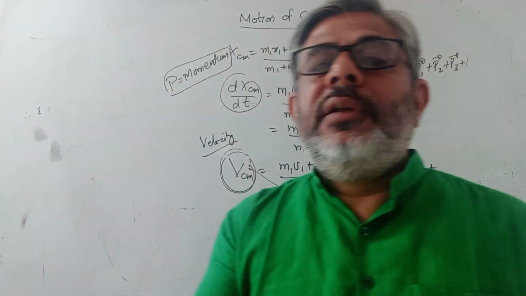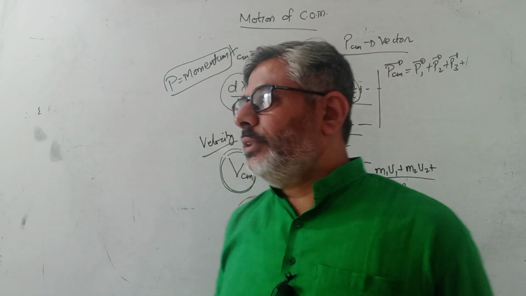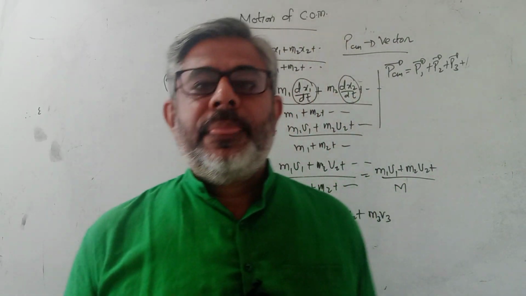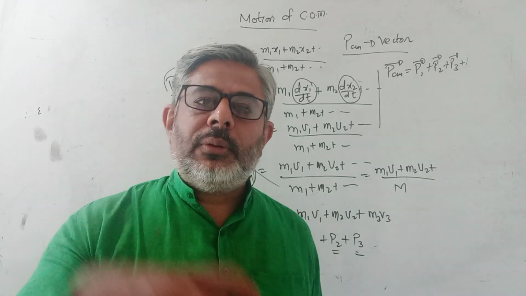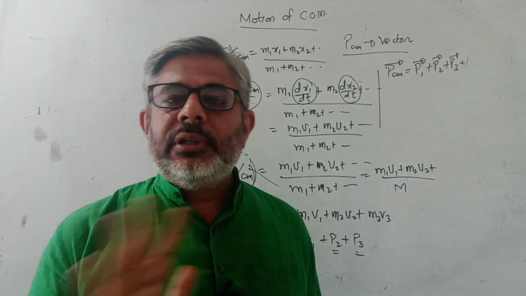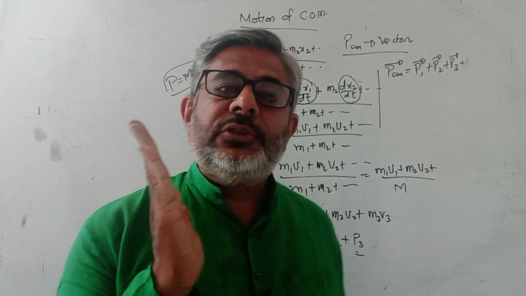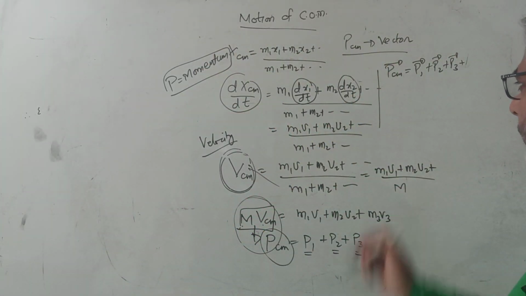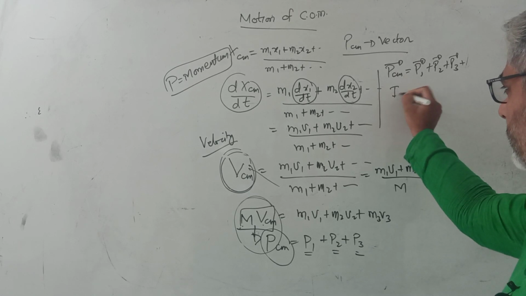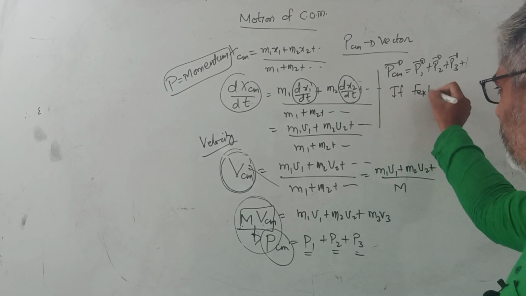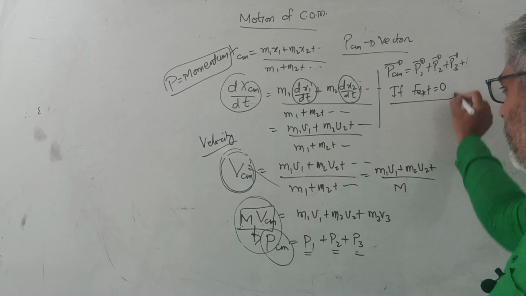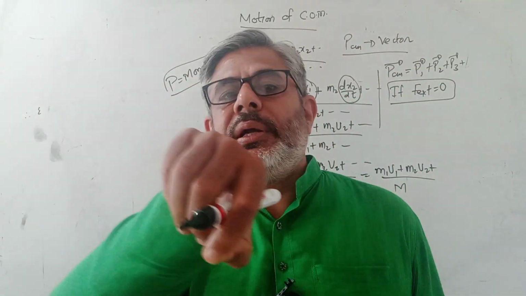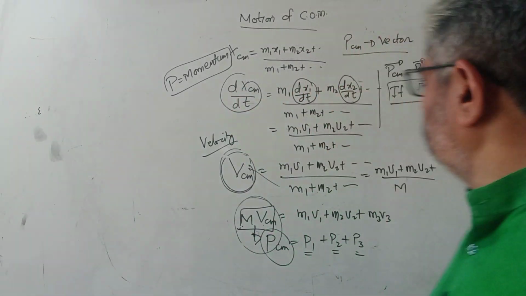Now, if the external force is zero, then momentum is not going to change. If the external force on a system or an object is zero, then momentum does not change. That means the velocity remains constant. So here also, if I am attaching the second law here, if F external is equal to 0, then the momentum does not change. So the change in momentum, delta P, is 0, that means momentum remains conserved.